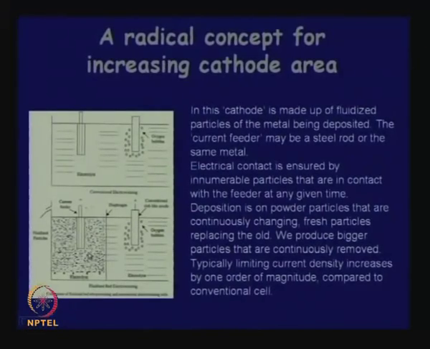So, a certain number of particles were in contact with the feeder and with each other, metal deposits on them, and then they run away and fresh particles come. So, the overall effect is that the particles continue to grow. You bring in the seeds, they continue to grow, and because there is a continuous flow of electrolyte from the bottom for fluidization, these particles and the electrolyte will flow out of here,